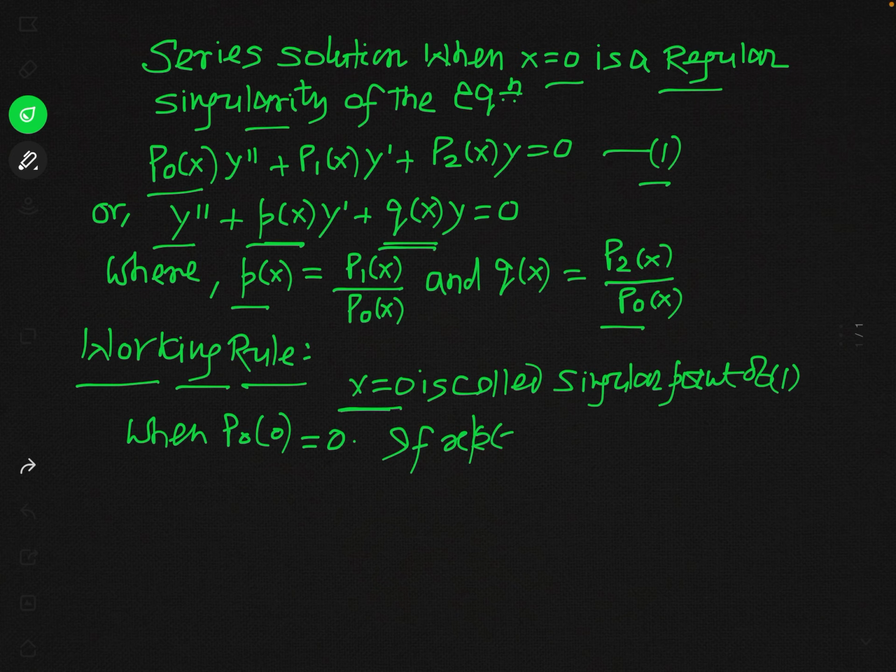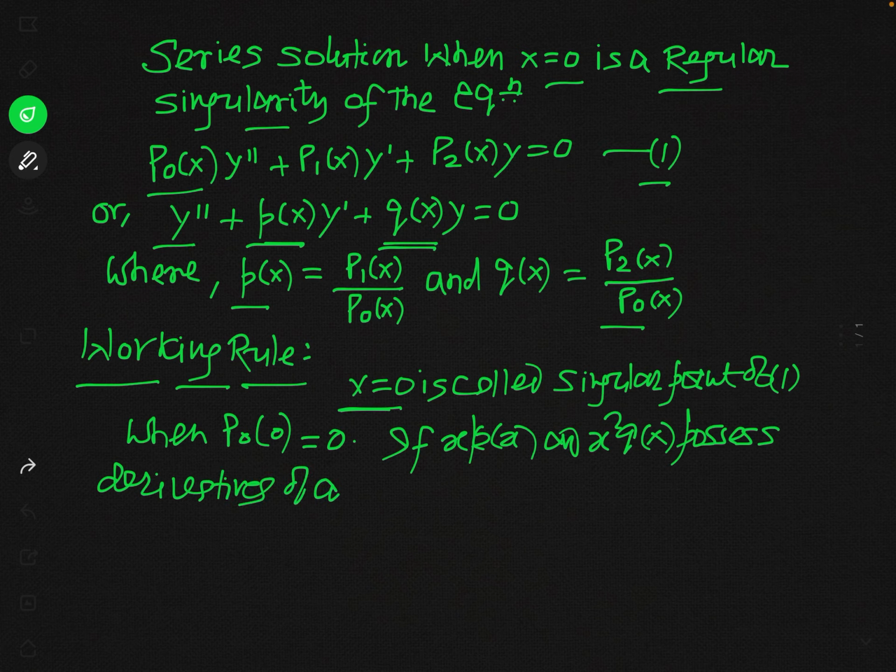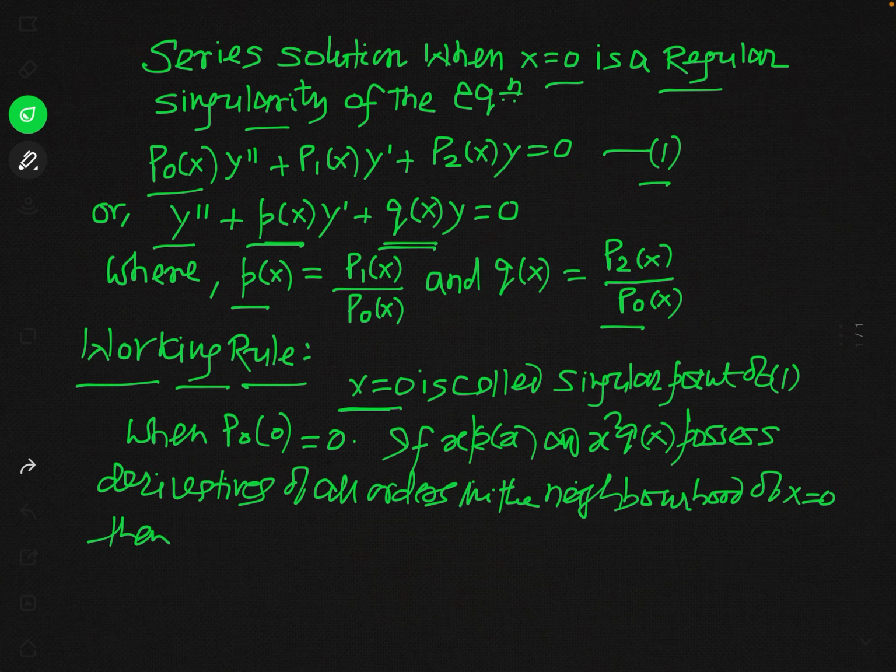If x into p of x and x square into q of x possess derivatives of all orders in the neighborhood of x equal to 0, then x equal to 0 is called a regular singular point, or you can say regular singularity,